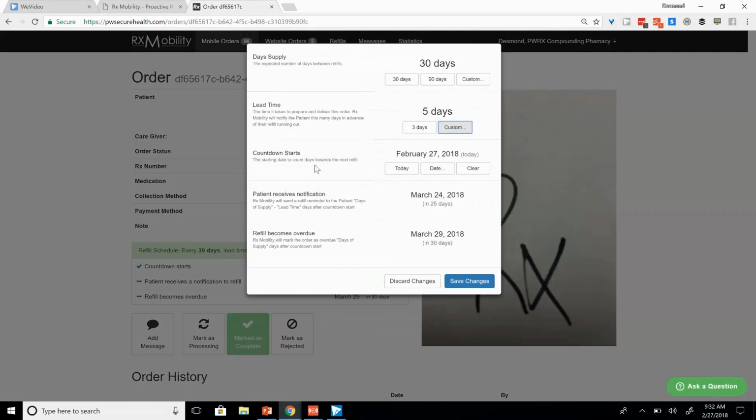There are other details here associated with the script. So if you want to reschedule the count as to when it starts, then you do it here, and then you can see the details. So the patient receives a notification on March 24th and the refill becomes overdue on March 28th. And if I want to press save and save those changes,